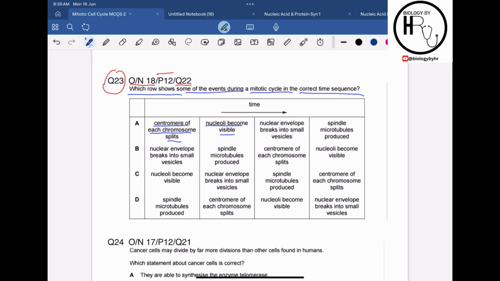Nucleoli becomes visible. Nuclear envelope breaks into small vesicles. अच्छा, basically जो centromeres होते हैं of each chromosome, it splits in the anaphase, right, and the sister chromatids move apart. Nucleoli become visible again during the telophase, but ये जो हमारे पास इसके आगे लिखा हुआ है, that the nuclear envelope breaks into small vesicles, so this is not the case in the